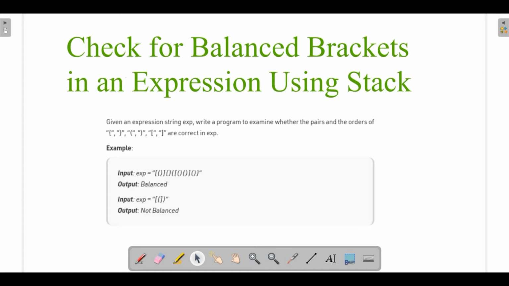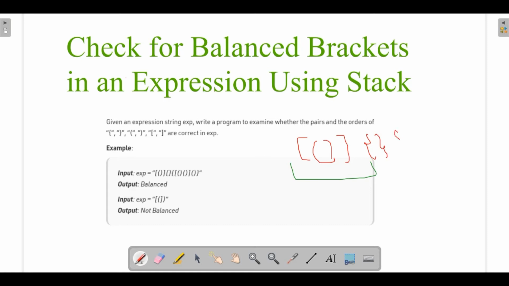We are given an expression and we have to examine whether the pairs and the order of the brackets in this expression are correct or not. For example, check this out, here it is balanced, because there is an opening brace at this point, then there is a closing brace, which means it ends here. After that there is another closing brace, so it also ends here. Then there is an opening as well as a closing brace, so it is balanced till now.